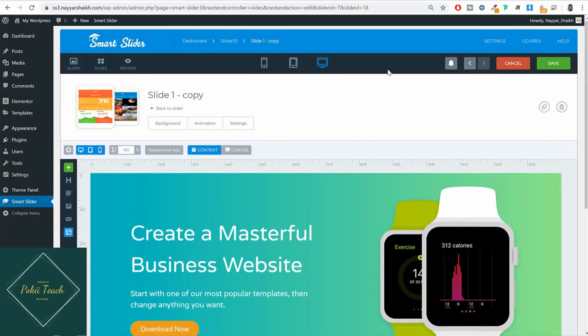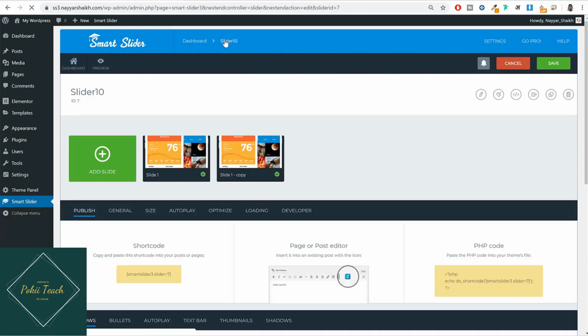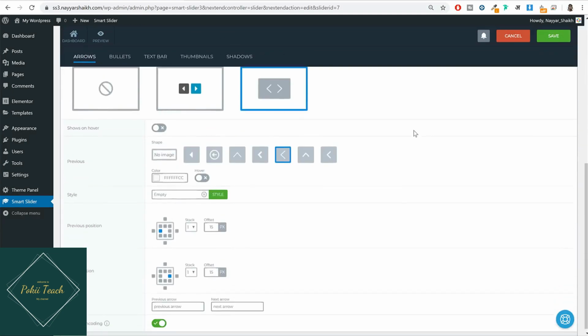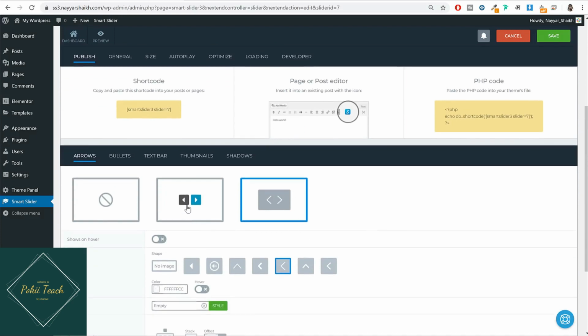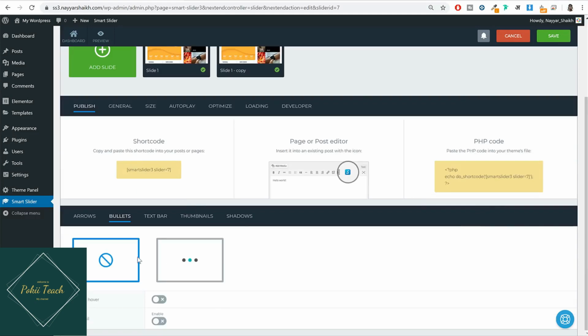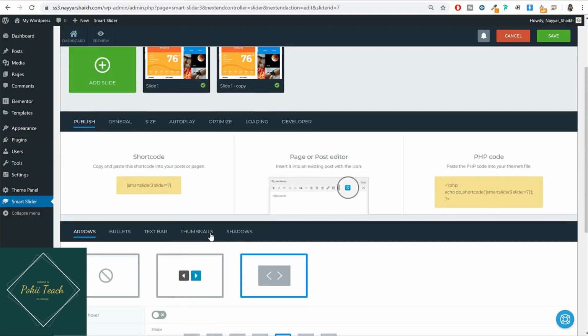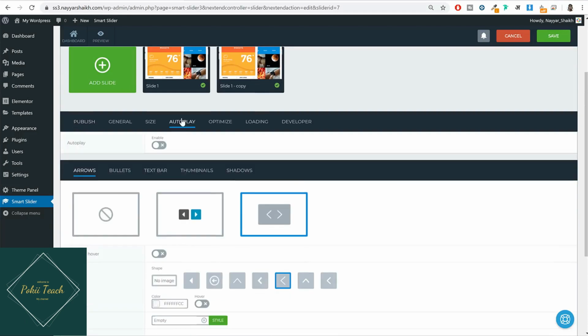So like this, you can create your first slider. As you can see, when you come back, your slider is now created. Now if you want, you can make some changes over here. For example, if you come back to this option, you have some settings over here. How do you want to display these arrows? If you want to display some bullets, you can have some bullets as well. Or if you want to enable autoplay, you can